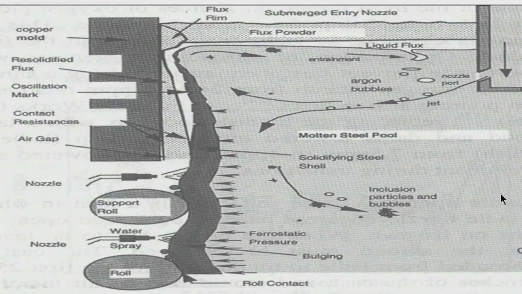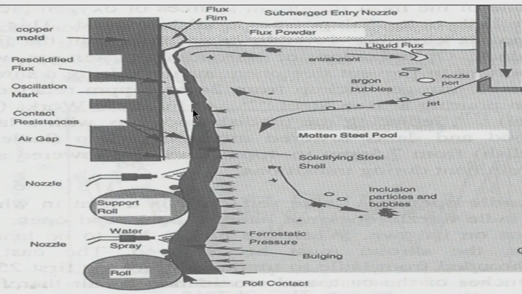So, in the mold also there is a possibility of contamination. Contamination from where? As I have told you, contamination from the mold slag which is present here. If there is too much turbulence, there is a movement of the mold, top and bottom. This movement is very much necessary, otherwise, as I have told you, there is a possibility of sticking,